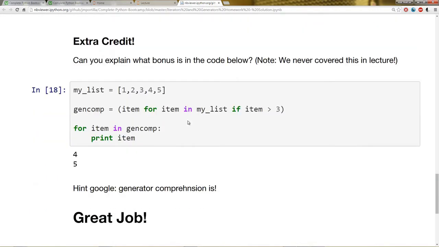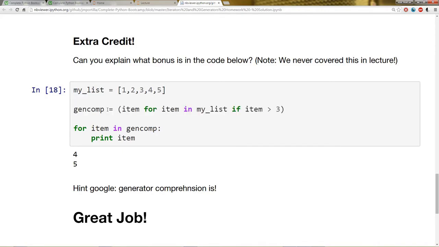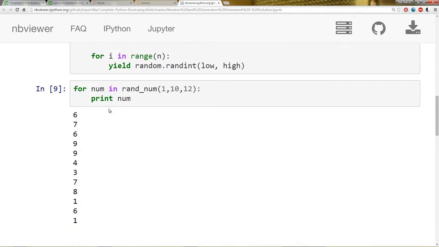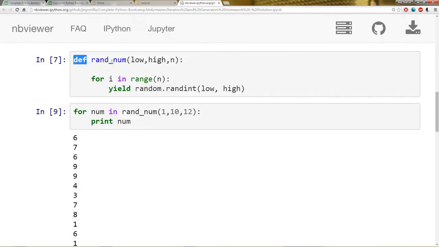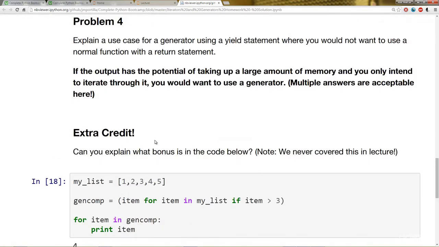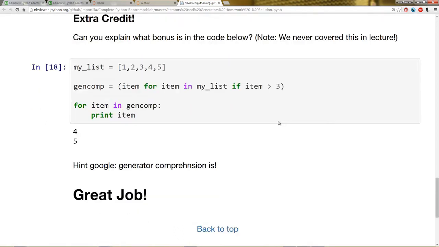Then for the extra credit, basically this was a generator comprehension. Just like there are list comprehensions and dictionary comprehensions, you can actually create a generator comprehension. So it's just a quick way of basically, if we scroll up, a quick way of making these kind of generator functions, but instead of having to write this formal syntax, you just write this in parentheses. Okay, so you can Google generator comprehension or check out the official documentation if you're interested in exploring that topic